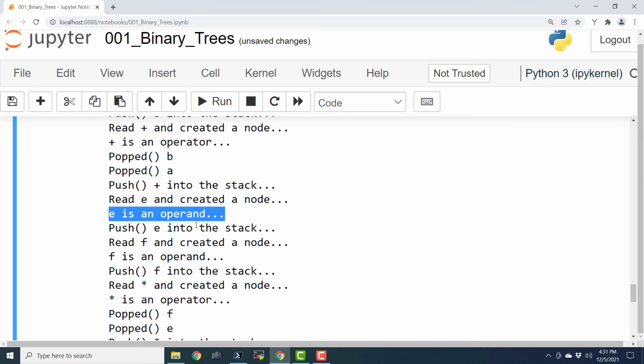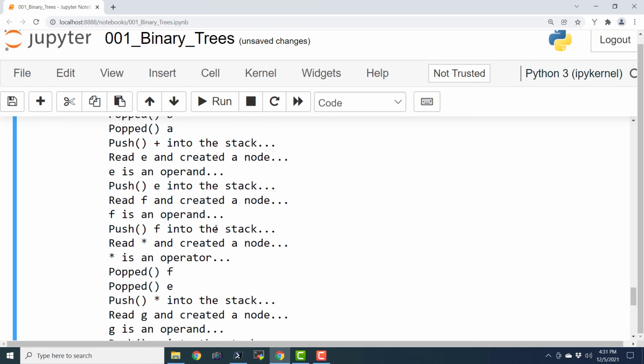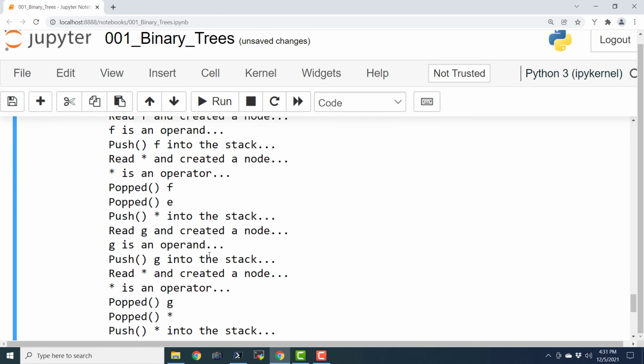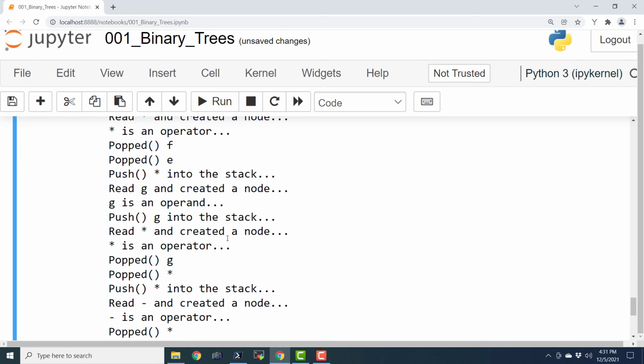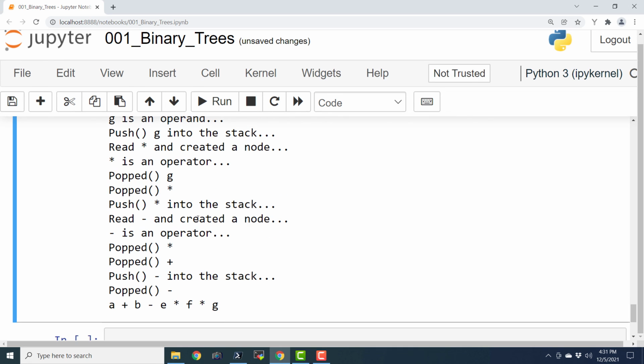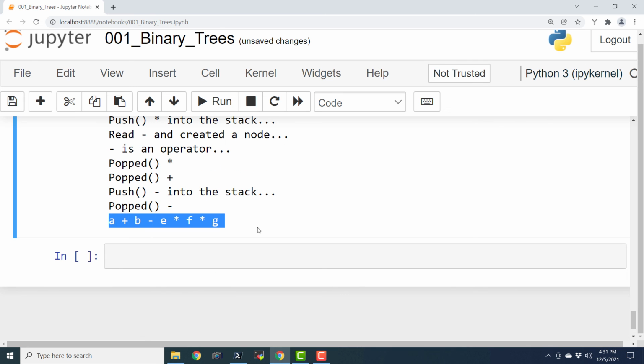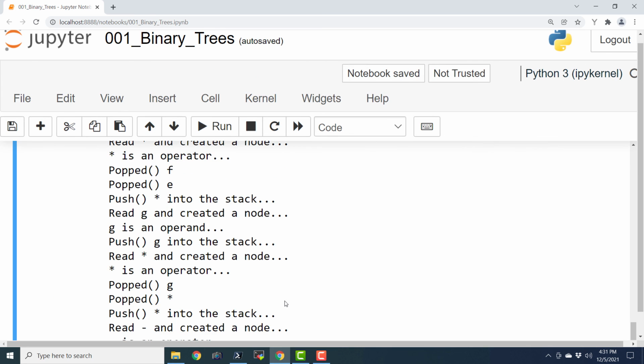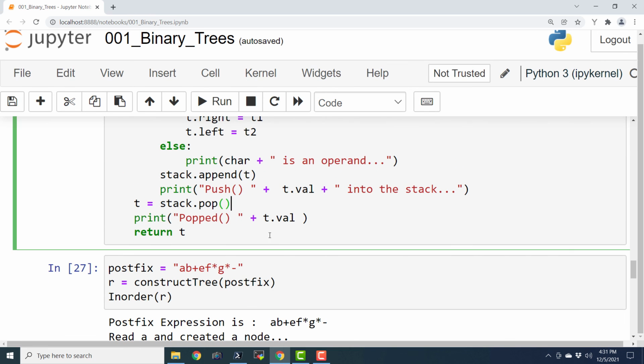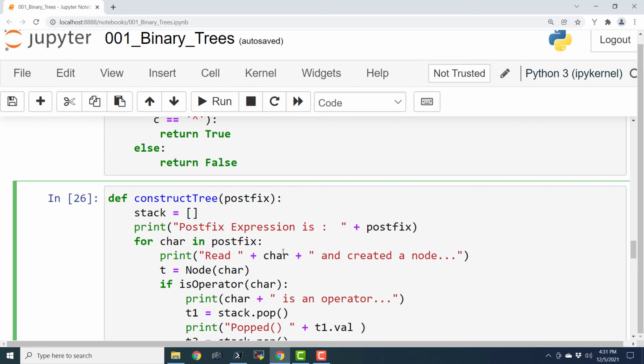And whenever it is an operand, we are just pushing it into the stack. And if it is an operator, we are popping the earlier two elements and then we are pushing the created tree into the stack again. Okay. So in such a way, we are pushing everything and popping the stuff from the stack. And finally, this entire routine executed and computed the expression tree from the postfix expression.